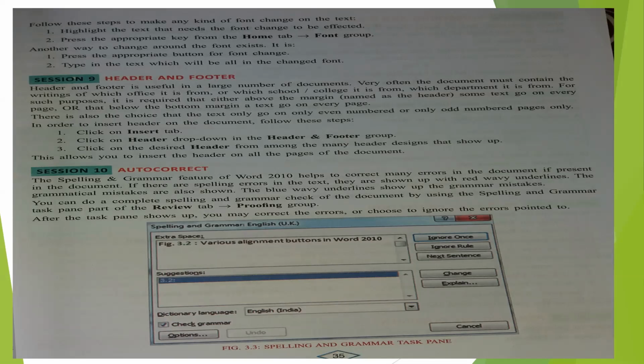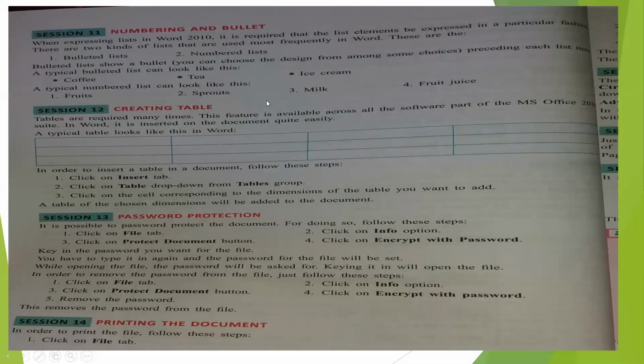And what else you can do there, you can click on the review tab, then in the proofing group you will find this autocorrect. Okay. Then this dialog box will be opened, and then you can ignore it. You can go to the next sentence, you want to change it. Okay. So everything can be done over there only. Okay. So which tab will be used for using autocorrect feature? Review.